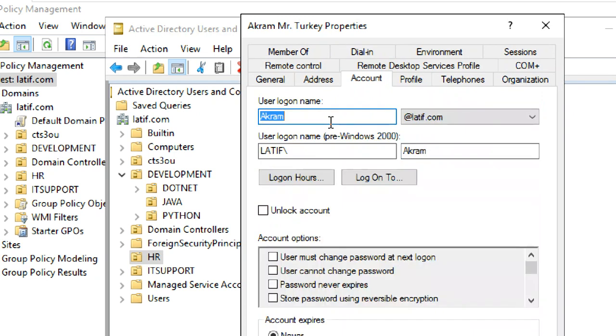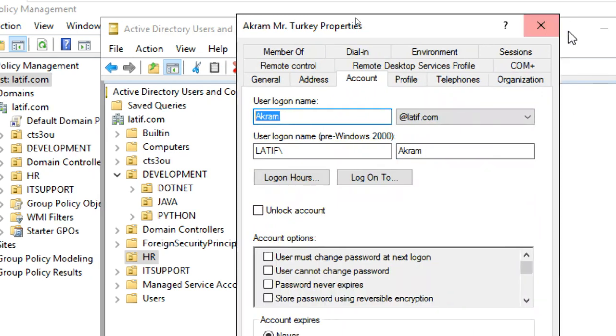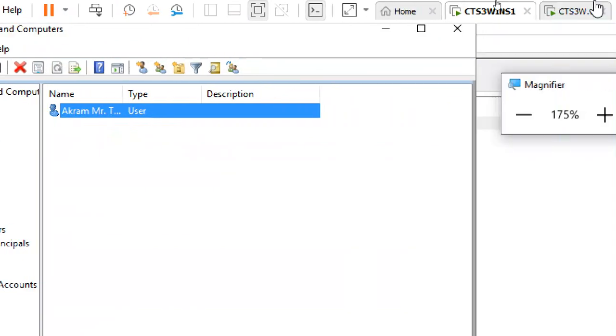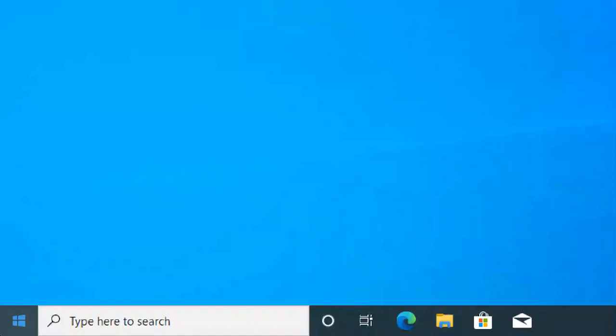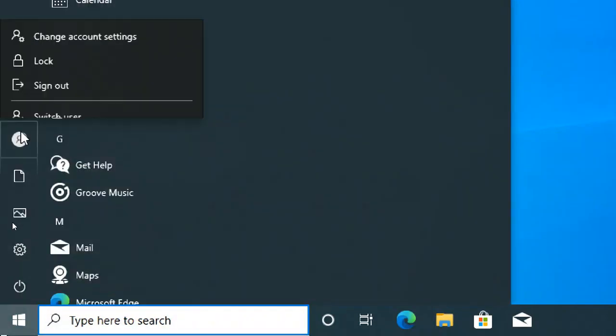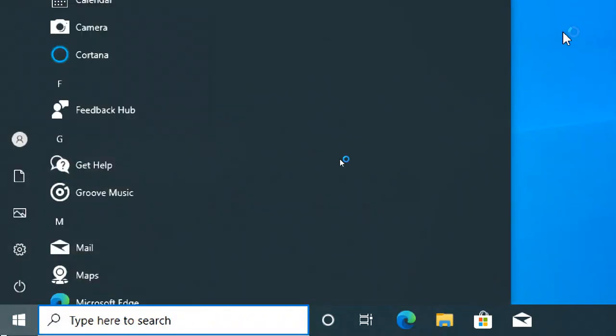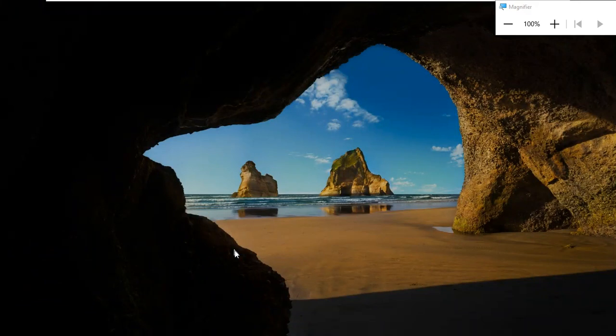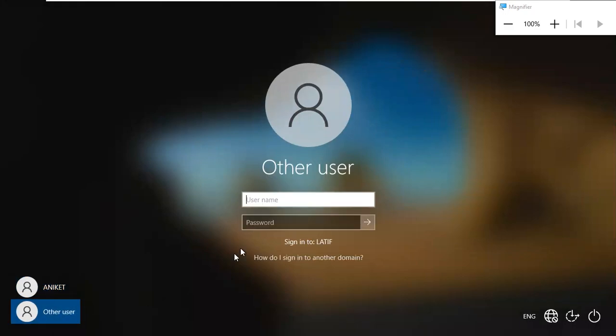The name is, yeah, I didn't give a different name, Akram only. I'm trying to log into my client with Akram. I think it is the user's first login, so obviously I sign out from Aniket and I'm trying to log in with Akram.